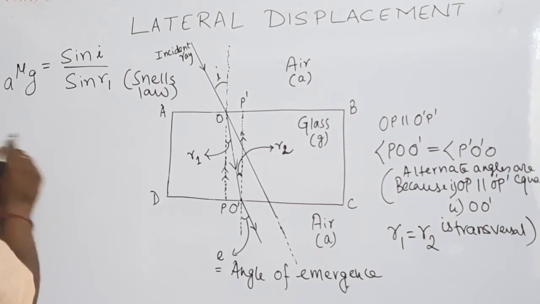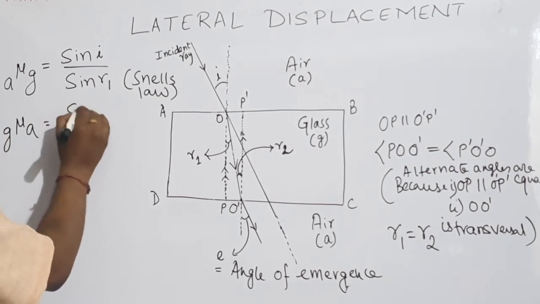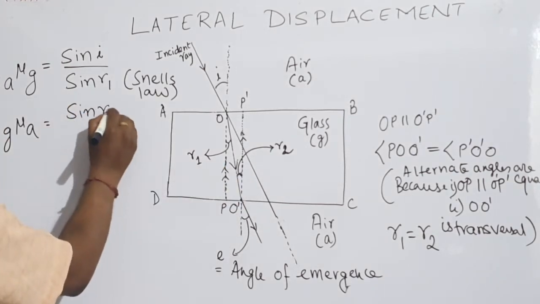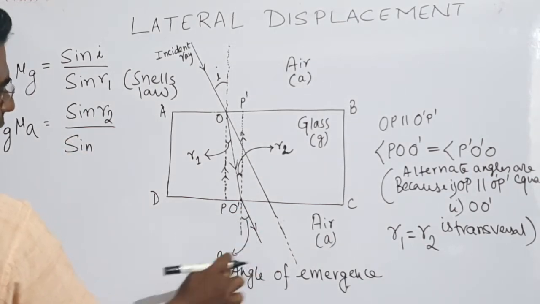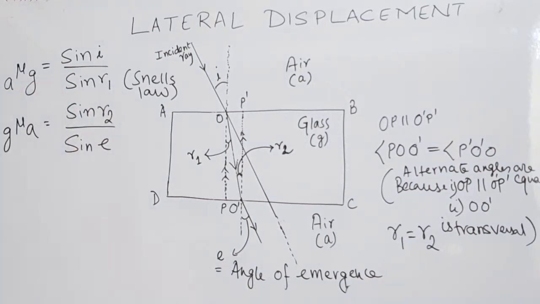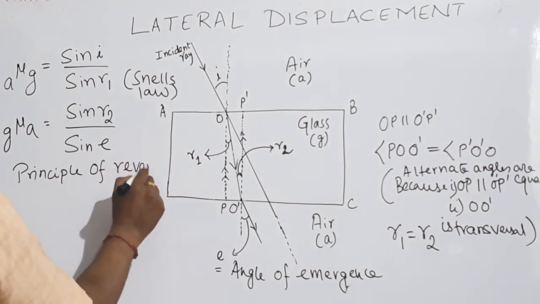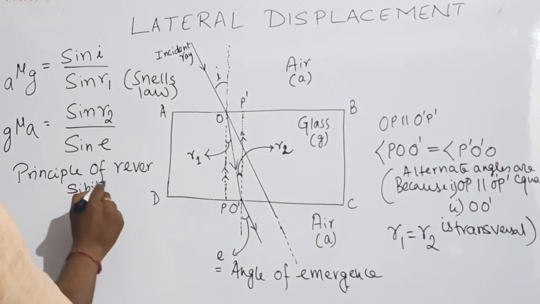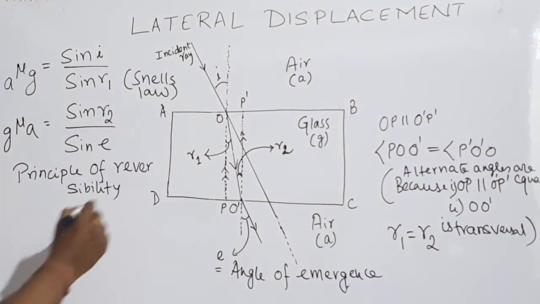Now let's take this refraction, that is glass to air. The angle of incidence over here is R2 and the angle of refraction over here is E. Okay, done. Now by the principle of reversibility of light,